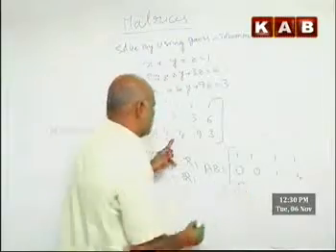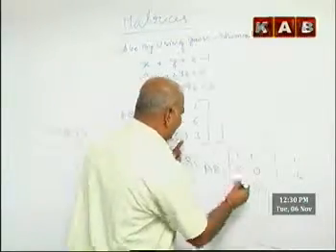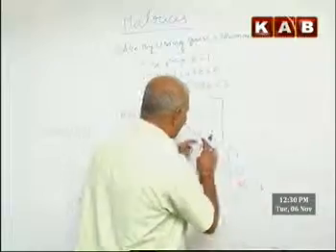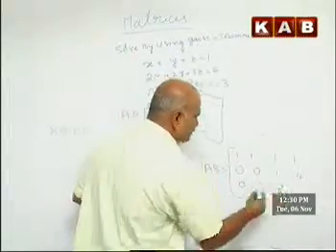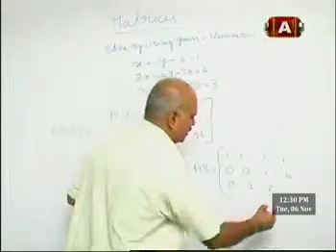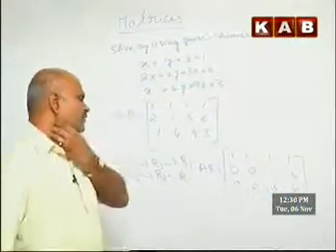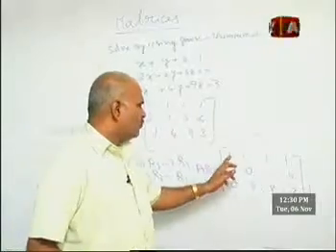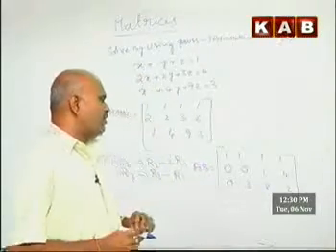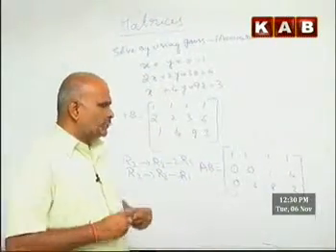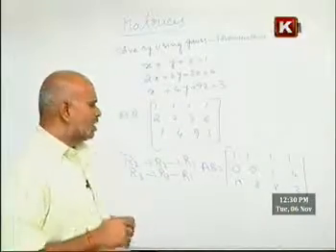1 minus 1, 0; 4 minus 1, 3; 9 minus 1, 9 minus 1, here 8. Again, 3 minus 1, it is 2. You got like this. Now, after this, in this part, 1, 1, 1, 0, 1, 4, 0, 3, 8, 2. Luckily, we got all the parts.